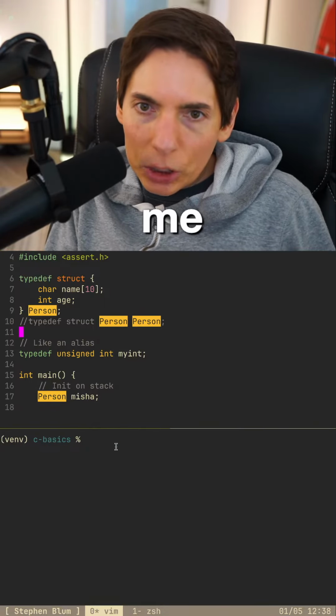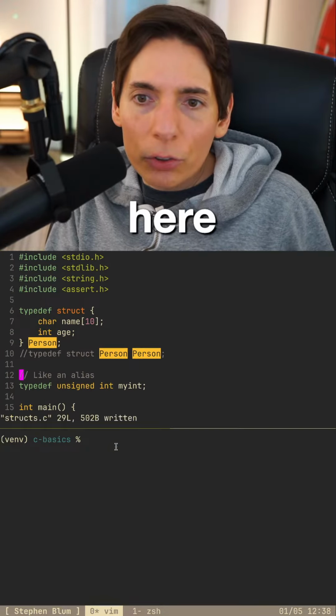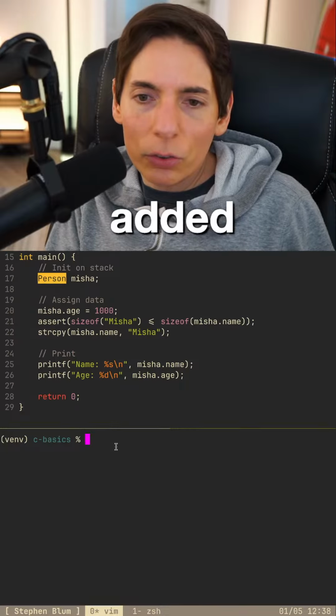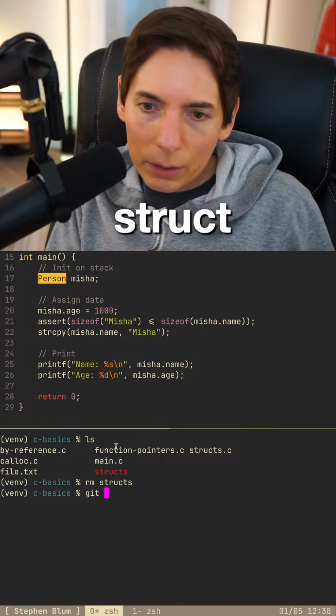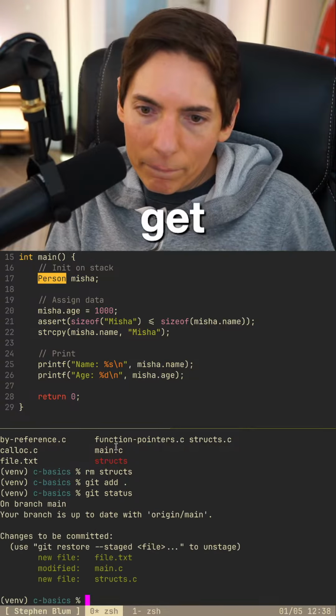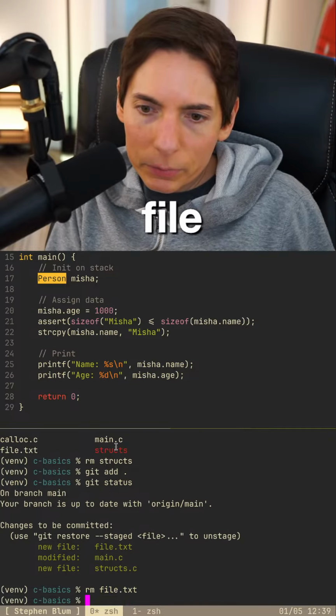So let me double check here. Struct person. All right, so we added structs. We got structs here. rm struct. git add. git status. rm file. git